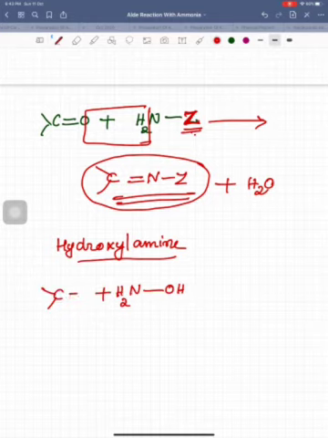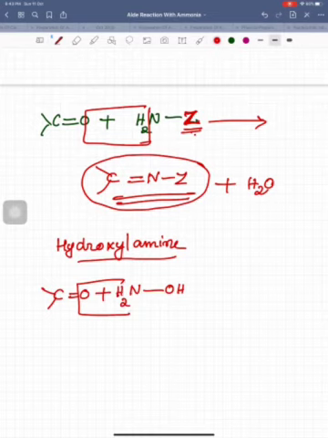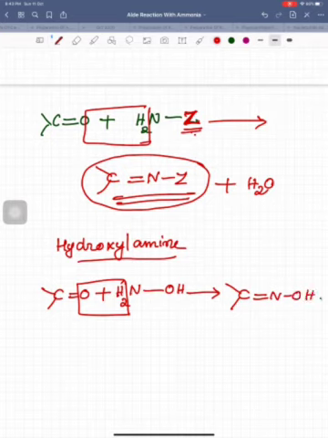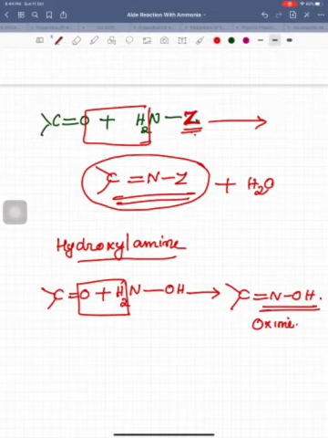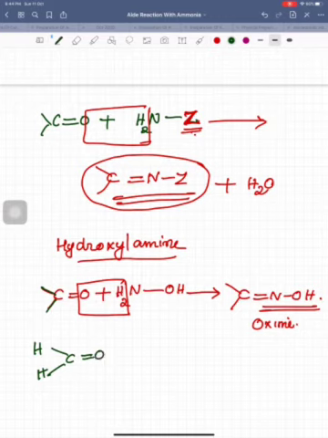In this situation, we are going to add it to the carbonyl compound. What's the resulting product? Remove water and you can write it as C double bond NOH. Yes, so the product formed here is oxime. This C double bond NOH part is called oxime. So I am just writing one example. Almost all the examples we use like this. So with one example, if we use formaldehyde with hydroxylamine, what's the product?